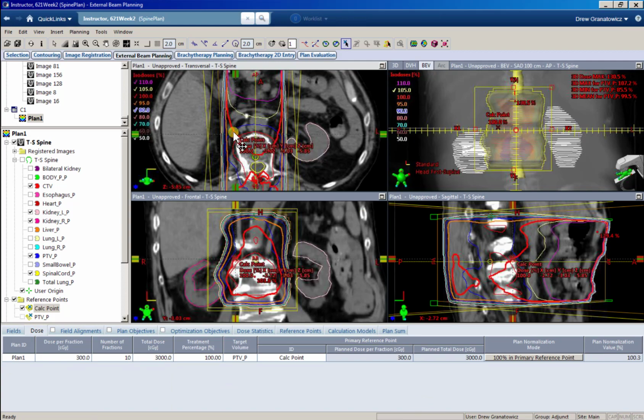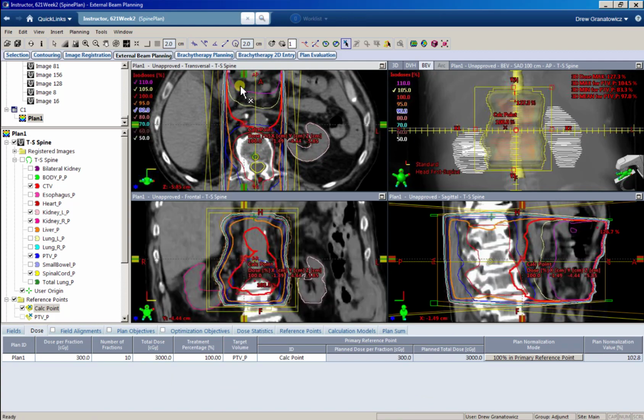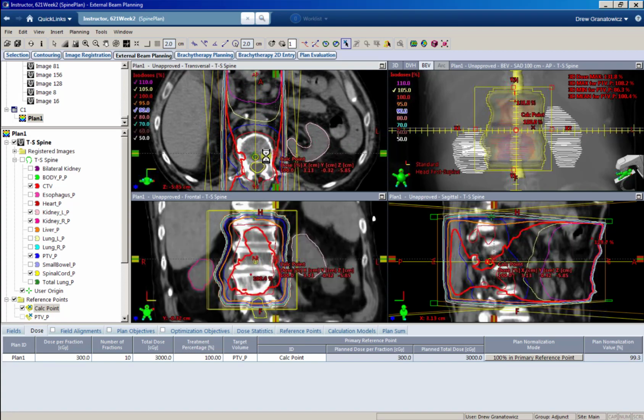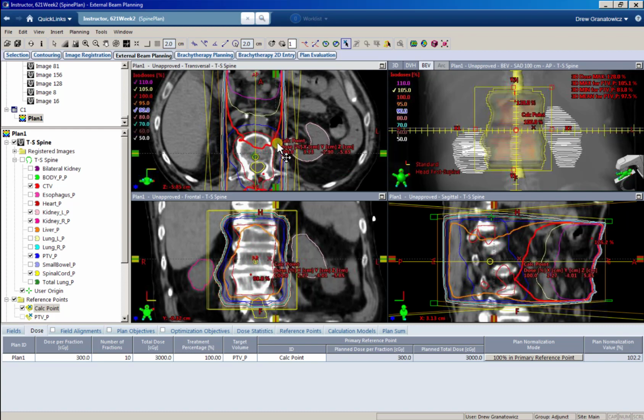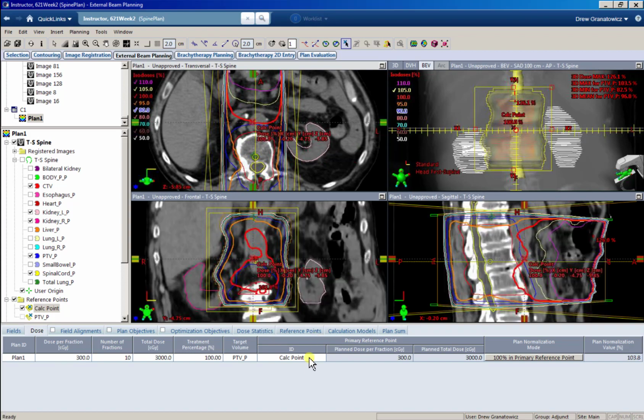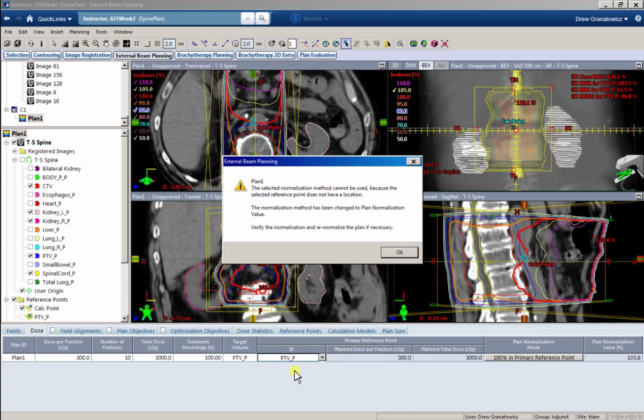So no matter where I move this point, it's giving 50% of the dose for my AP field, 50% for my PA field. And however many MU it takes to make that happen depends on where this point is, what it's scaling to. No matter where I move it, it's going to force my plan to scale to that point because I'm telling it to, okay? So what you do is you just move this point until your dose distribution looks good, until your coverage looks good, okay? You can also leave this virtual point here